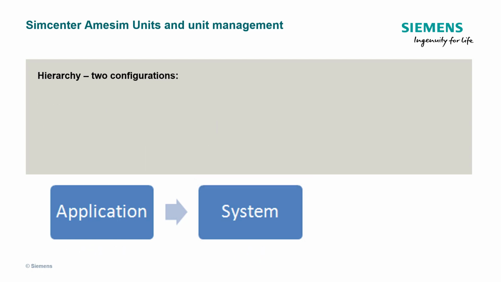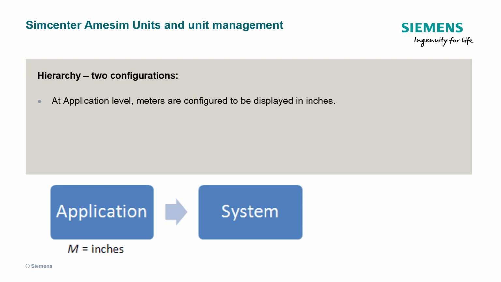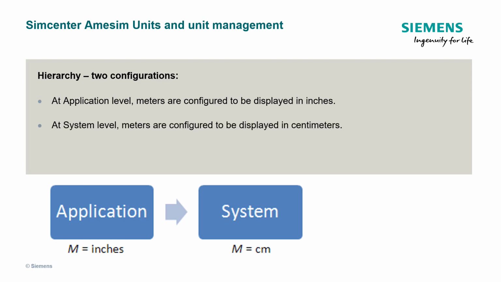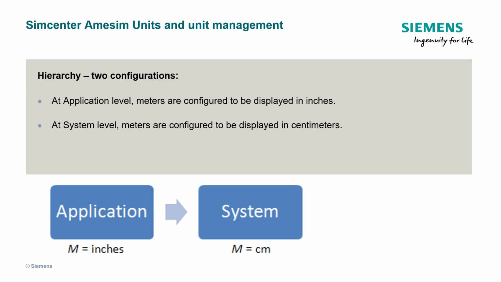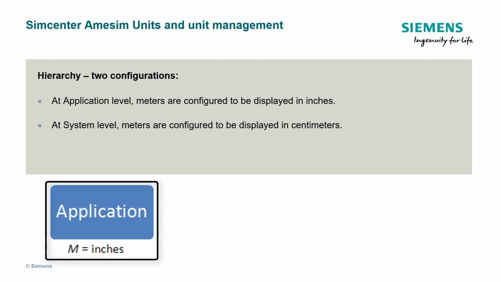Let's consider another configuration. Here, only two levels have unit configurations. At application level, meters are configured to be displayed in inches. At system level, meters are configured to be displayed in centimeters. In this case, the system level configuration overrides the application level configuration, and meters will be displayed in centimeters throughout the active system. In any new systems created, meters will be displayed in inches unless you create or apply any